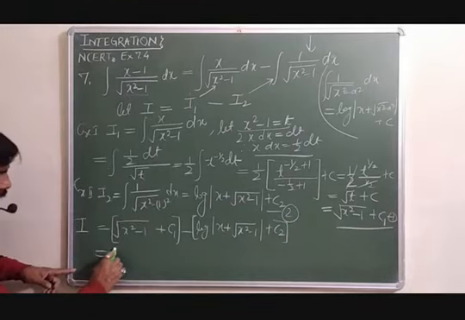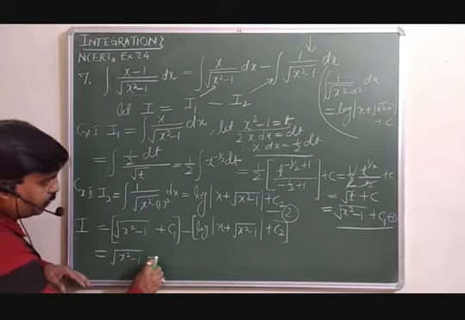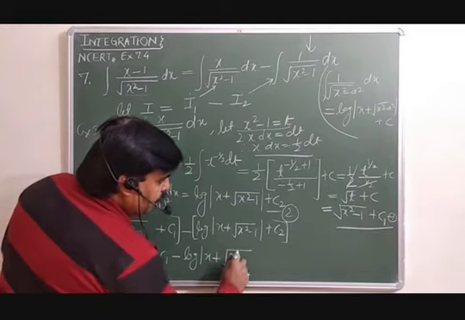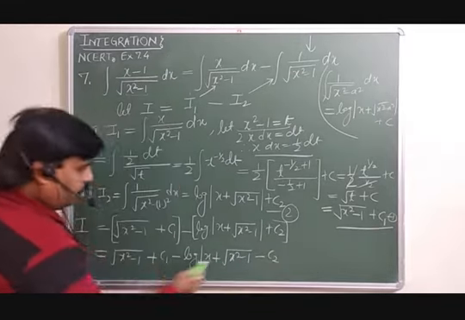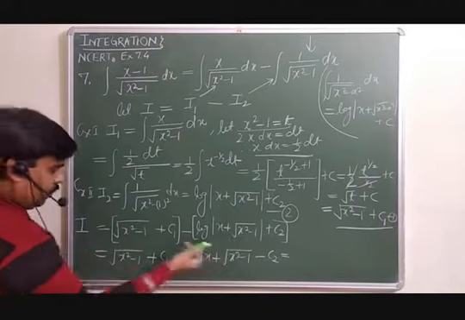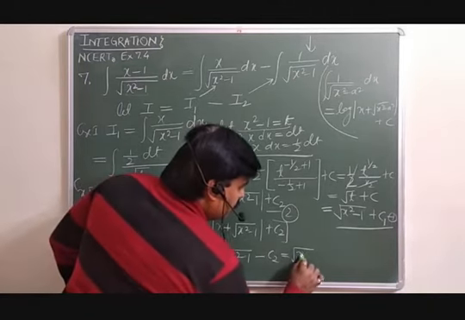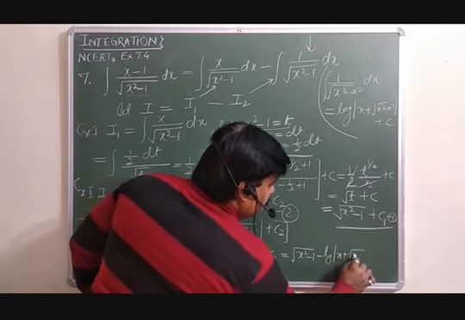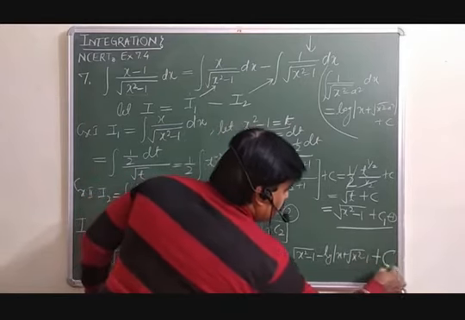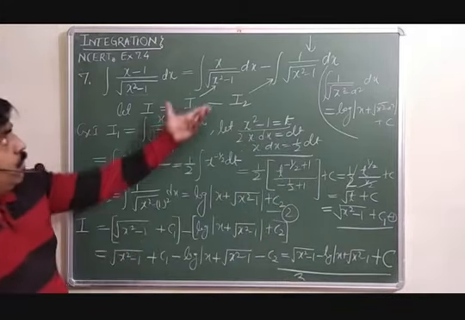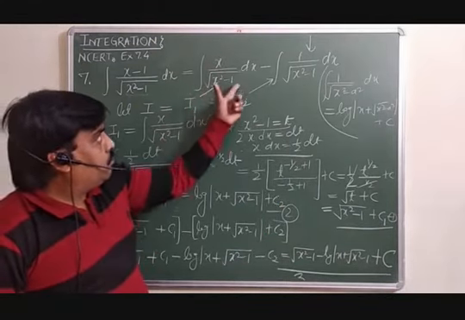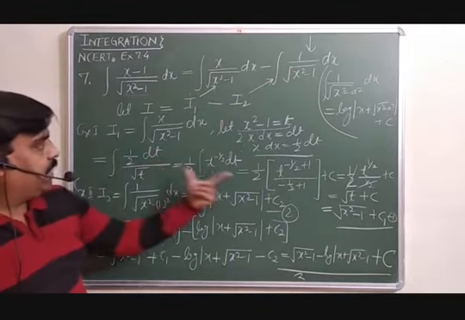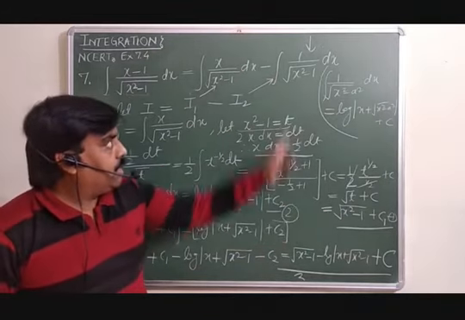So this can be written as under root x square minus 1 plus c1 minus log x plus under root x square minus 1 minus c2. Or this can be written as, in place of c1 minus c2, you can introduce one more constant, plus minus log x plus under root x square minus 1 plus capital C, and this is your answer. So here what we will do, separately you must solve this one and separately this one, and then you have to put the values, whatever integral you are getting, put the values and solve it. Have a look.